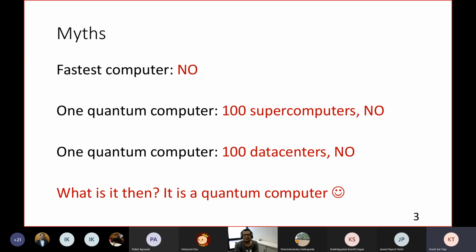So then how will you compare? Well, you should not compare, because it's a different computer and the paradigm is completely different. It's not the same paradigm that we are currently using. So next time if someone says it's faster than ABC, just pause for a minute and say that's not the right metric to compare. So what is it exactly?